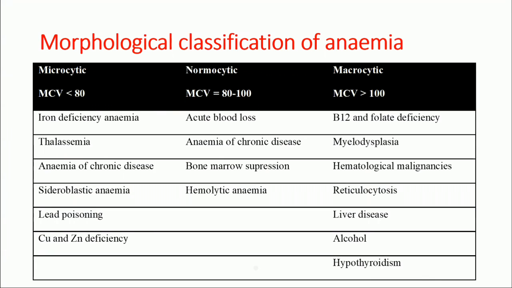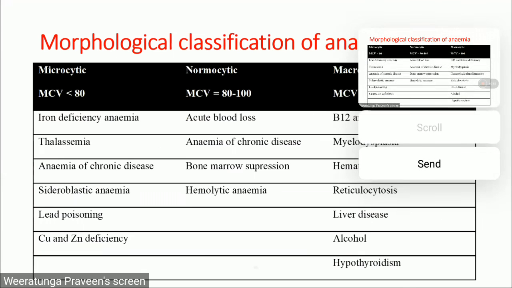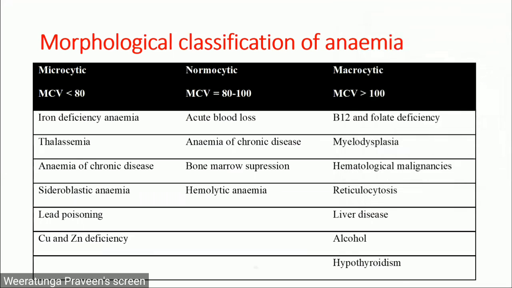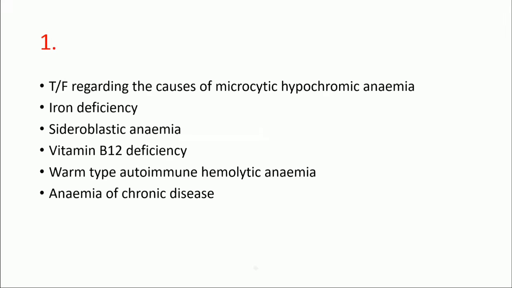And I told you that there are three morphological types of anemia. So we have microcytic hypochromic anemia, normocytic normochromic anemia, and macrocytic anemia, right? And this table gives you the causes of each of these three types, right? So microcytic hypochromic, normocytic normochromic, and macrocytic anemia. So this is an easy MCQ. It's just asking you for the causes of microcytic hypochromic anemia,